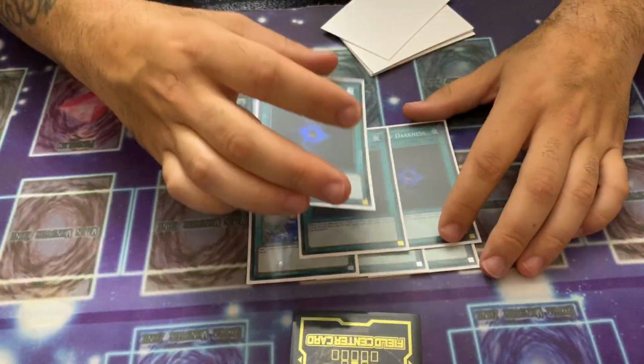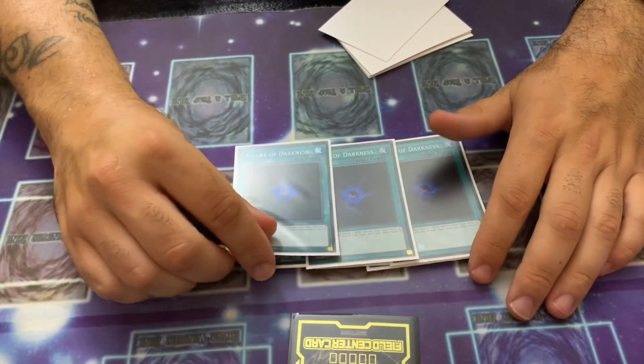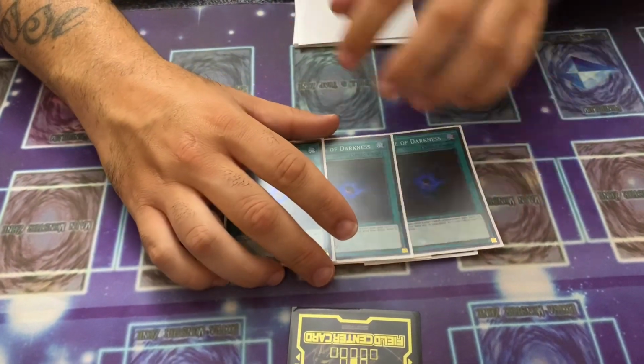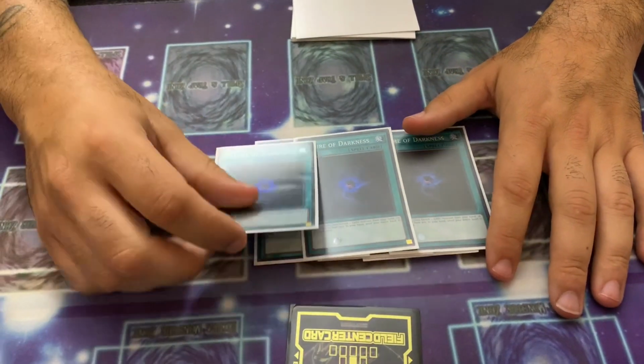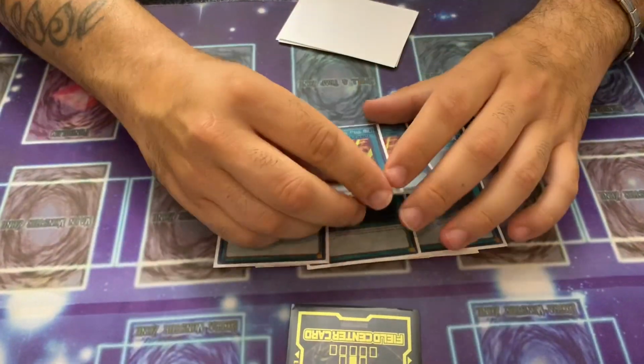Next I'm running triple Allure. I'm sure if you go back to the deck, you see 85% of the deck is dark, which means you're always going to have the Allure live. If needs be, you have to banish a card you don't want to of one of your Dinos, which is fine, but ideally it's mainly to banish one of your Thunder pieces. Next I'm running triple